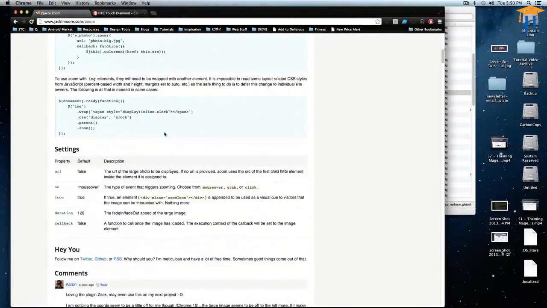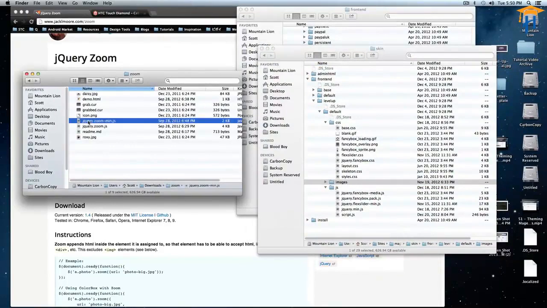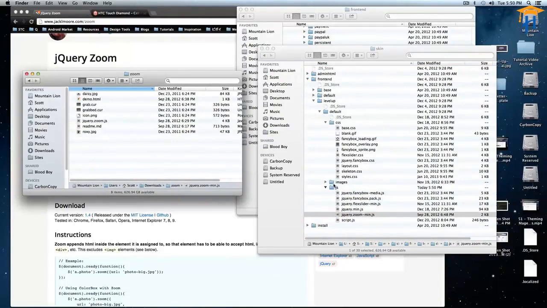jQuery plugin here, and we can get using this. So, just like before, we're going to have to add this jQuery Zoom plugin, this min.js file. We're going to add this to our JS folder for our theme. That's under skin, front end, our theme name, default, js. Just like we have before, if you ever have trouble with that, feel free to go back and watch any of the other ones where we show you how to add a JavaScript file, an initial JavaScript file or something